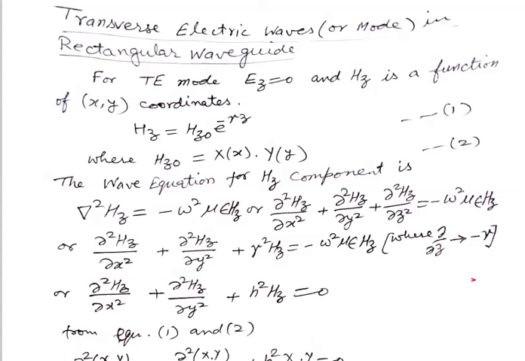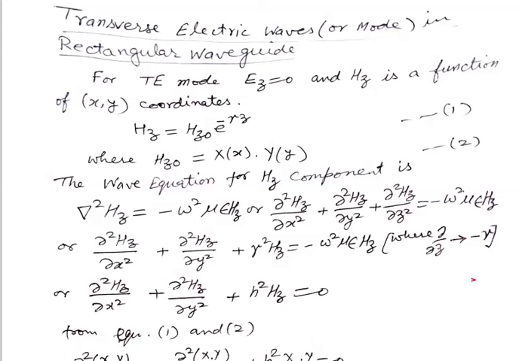Similarly, for the rectangular waveguides, today we are again finding the similar expressions. For this, we consider that the TE wave is propagating along the z axis, which is the axis of the rectangular waveguide also. For TE waves, the component of electric field along the axis of the waveguide, that is Ez, is 0, while Hz is a function of